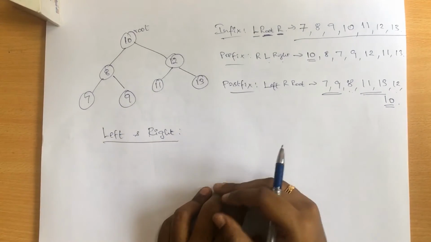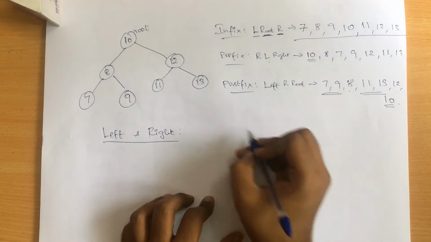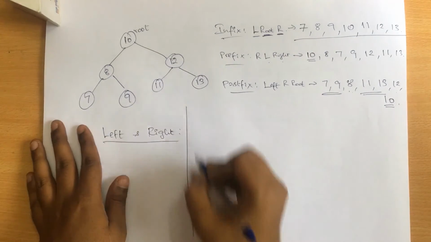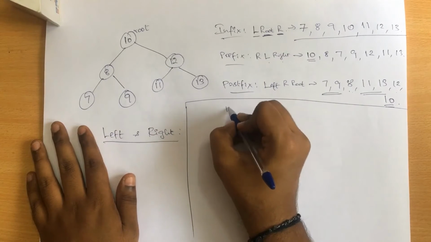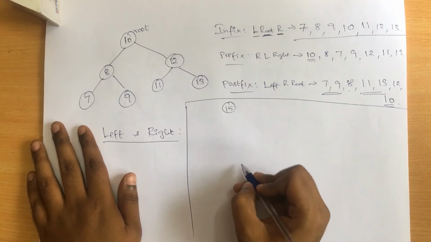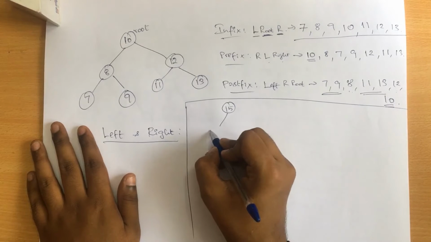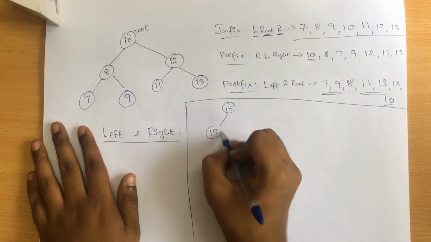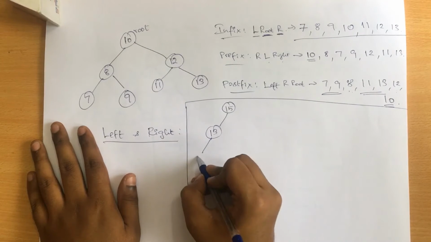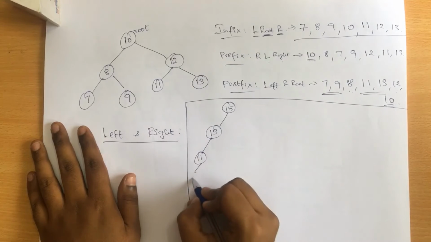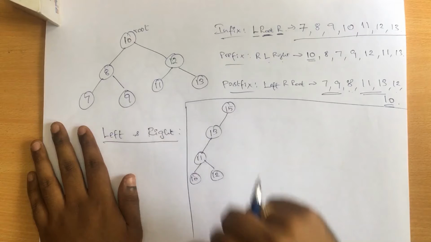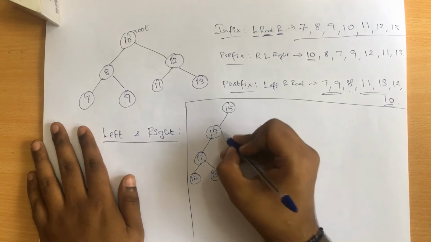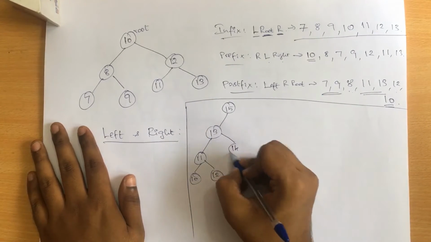So to understand this better, let me give you one more example. So now let us draw one more tree structure here, and let me give the value as 15. Followed by this 15, let's assume I have the number as 13 over here, and followed by 13, let's assume I have 11, and left side I have 10, and right side I have 12. Right? So let's assume in this way. Followed by this, right of 13, let's assume I have the value 14.